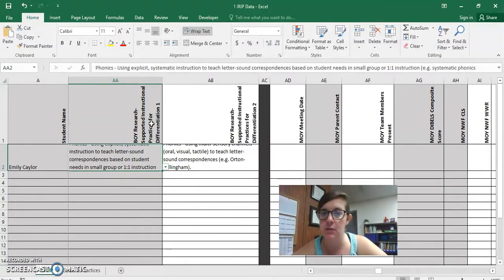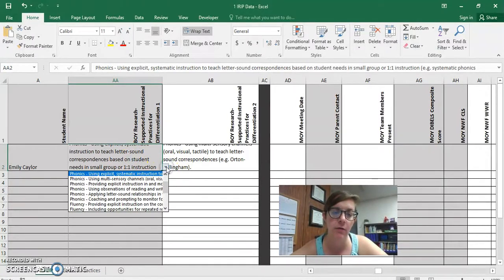Remember that Tier 1 instruction is your whole group instruction and your small group instruction. You're using Tier 1 instruction to differentiate your instruction for the needs of your students. So you can see within this you've got